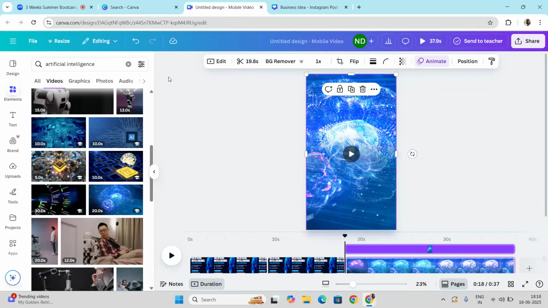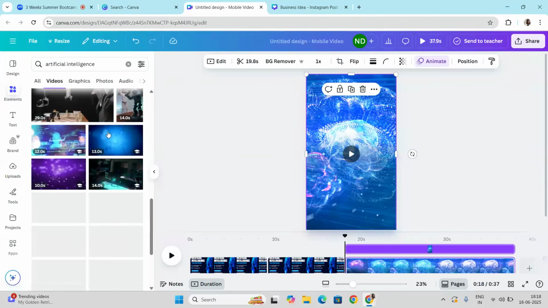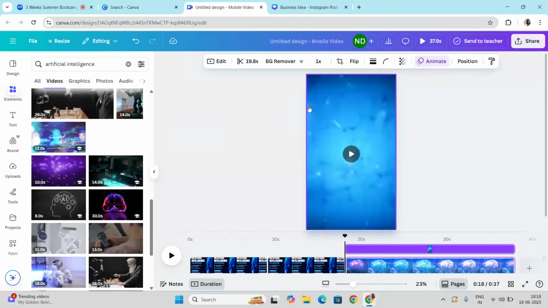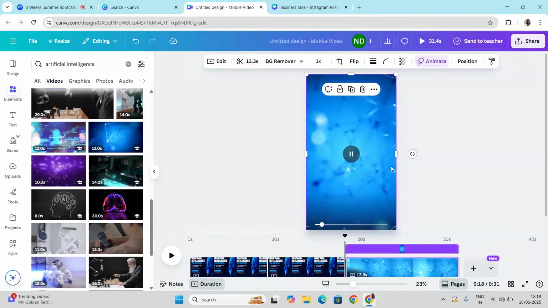You have to choose the kind of landscape video that can be adjusted in portrait form. If it's not particularly adjusted, then you need to avoid taking such kinds of videos. Like this is the background that I can easily use because there is nothing that can be deleted or which can be visible here. So these are the basic things that you need to keep in mind. So I have just taken this one, and I can write my own content over it.